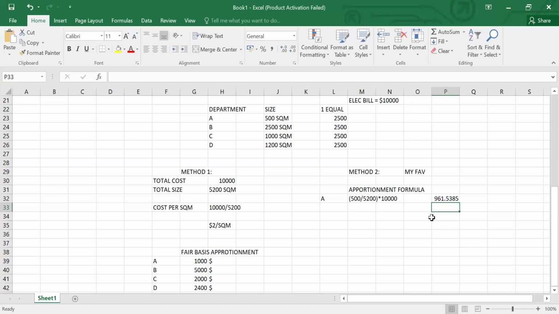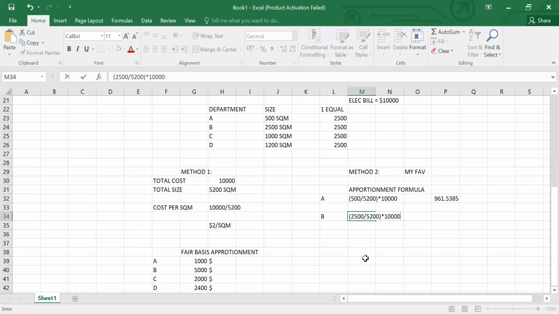So 961 dollars will be the cost that will be given to A. Now for B, in the numerator, you need to write the size of department B. Always remember that the numerator relates to the department that you are calculating the cost for. So for department B, in the numerator we will write 2500, divided by the total of all the department sizes,